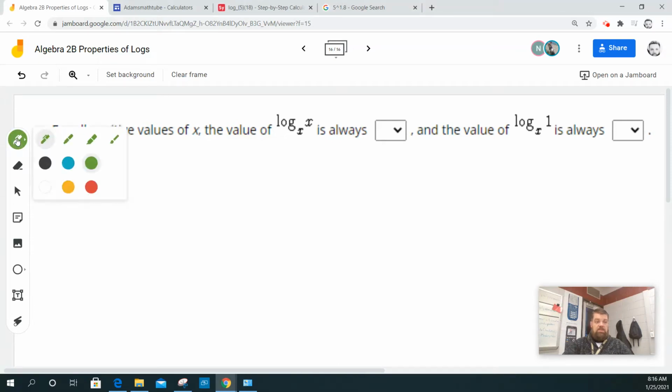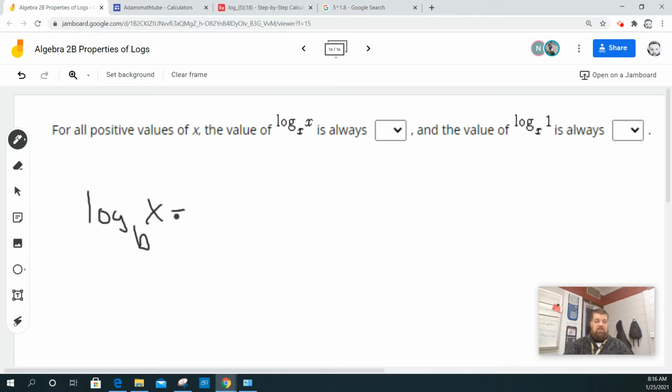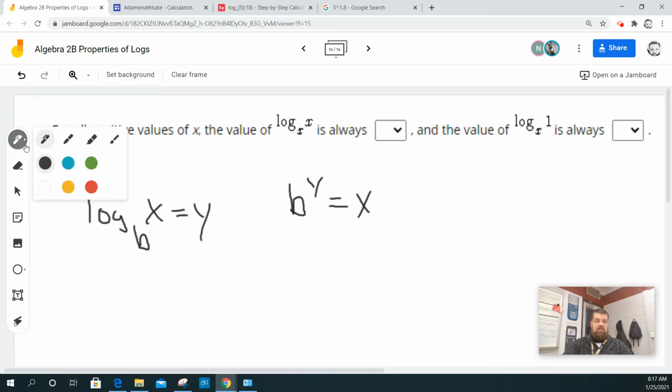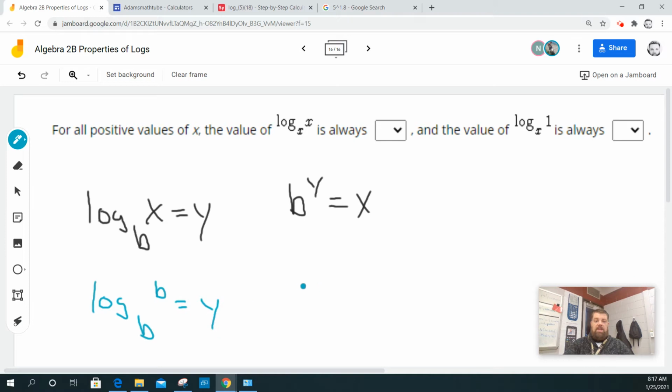So let me explain this as we go through it. If I say the log base b of x is equal to y, and that the relationship between an exponential function and a logarithmic function is b to the y equals x, then consider the log base b of b. Well, that would mean that b,